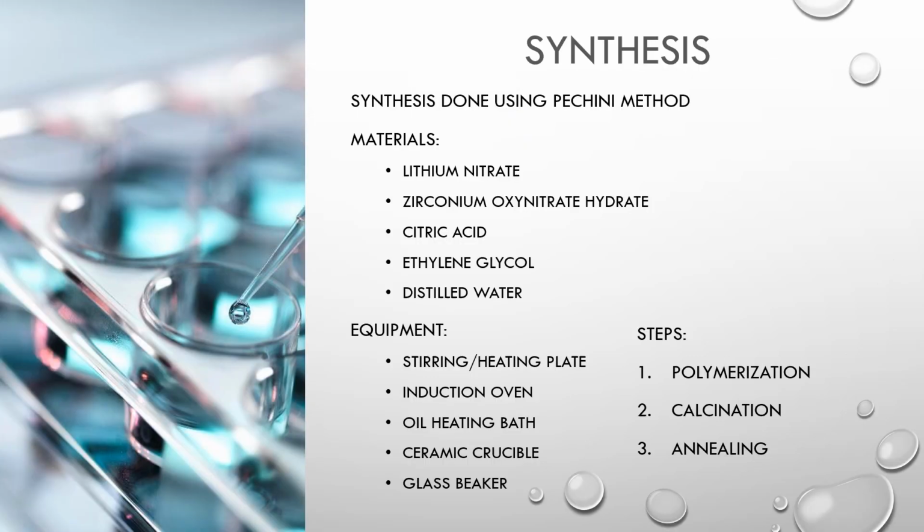catalyst does. For the synthesis of lithium zirconate, the Pechini method was used. This method uses the transesterification of citric acid and ethylene glycol to evenly distribute metal cations to make relatively pure and even powdered crystals. The materials used for this were lithium nitrate, zirconium oxynitrate hydrate, citric acid, ethylene glycol, and